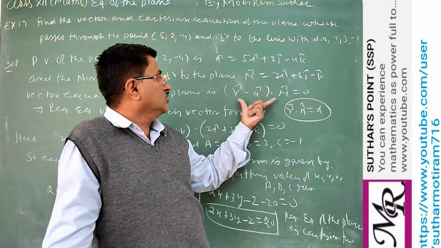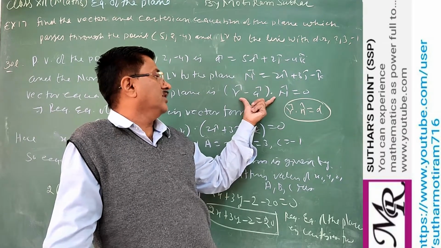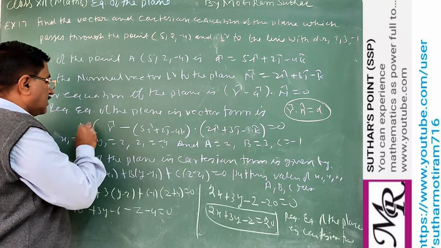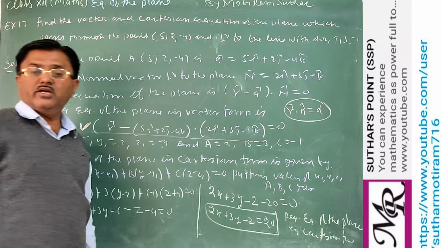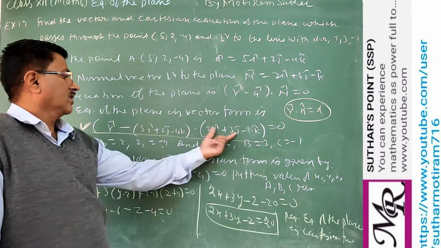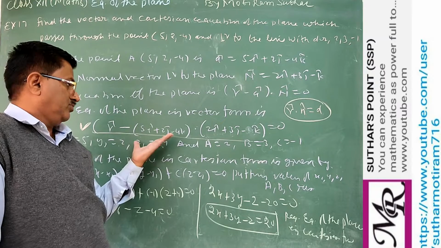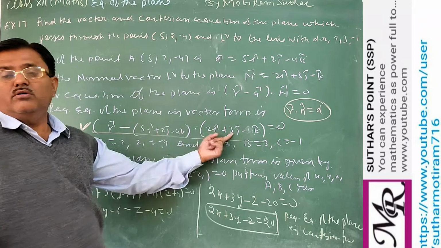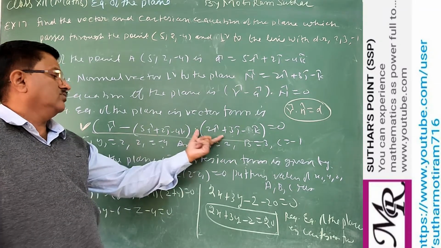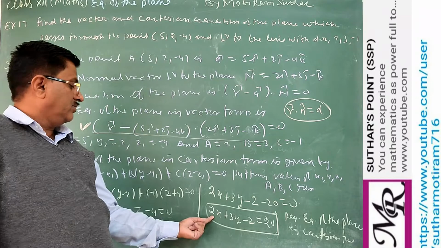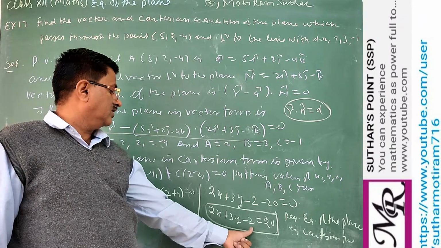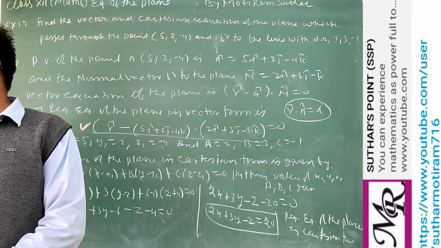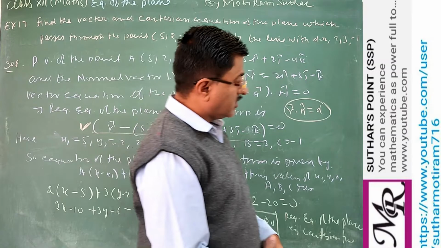Clear? And also you see, whenever you are finding or writing the equation in vector form, always leave the answer up to this level only. There is no need to multiply this and this. If you need any extra information, then we have to multiply this. Clear? Otherwise, you write it like this. And in Cartesian form, it will be simple, like this: 2x plus 3y minus z equal to 20. In this form we write it. And after getting this form, we can easily find out the information.